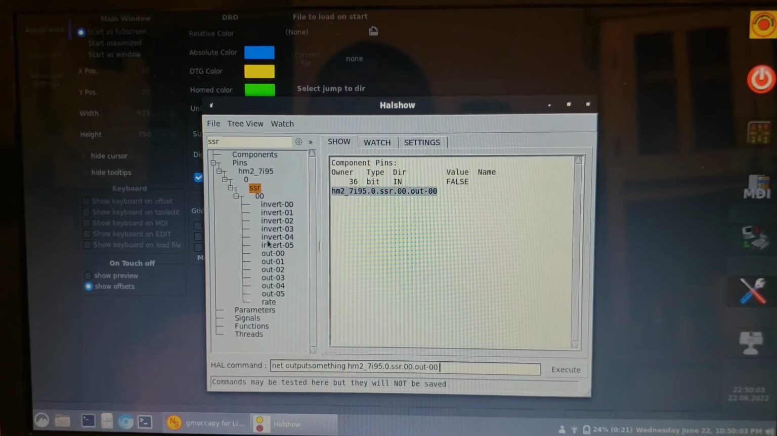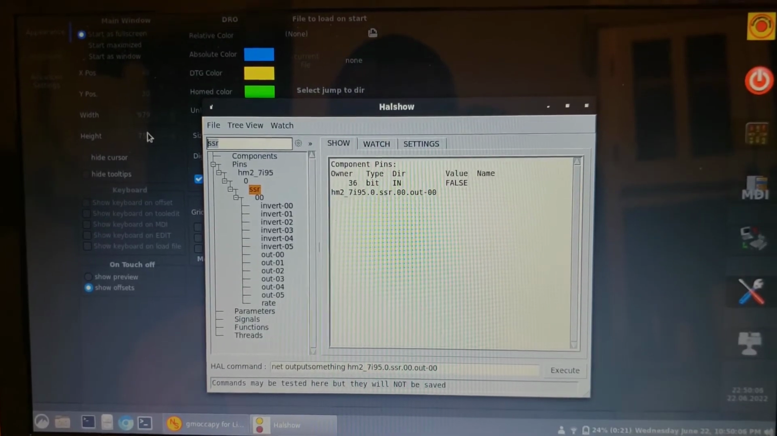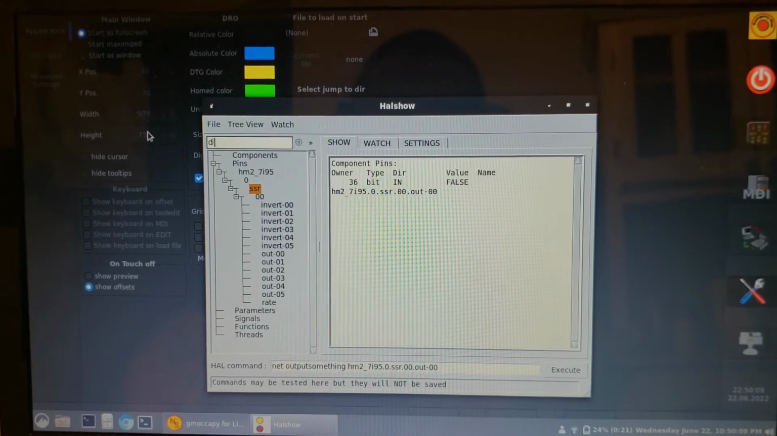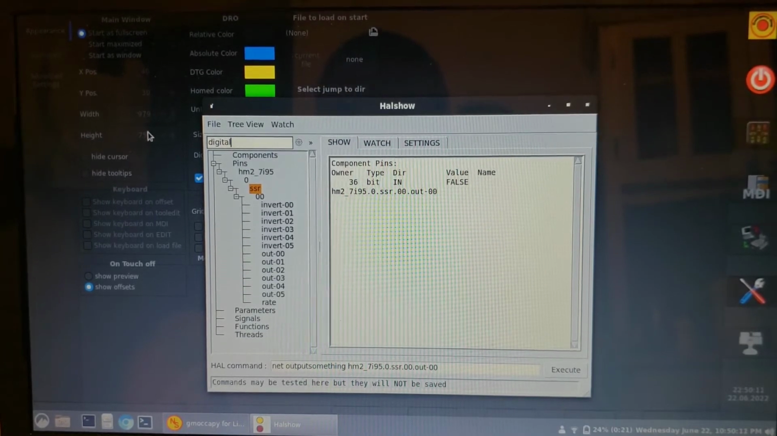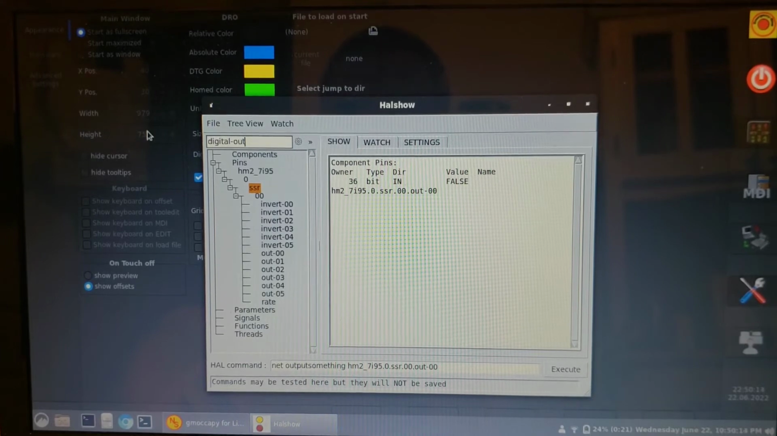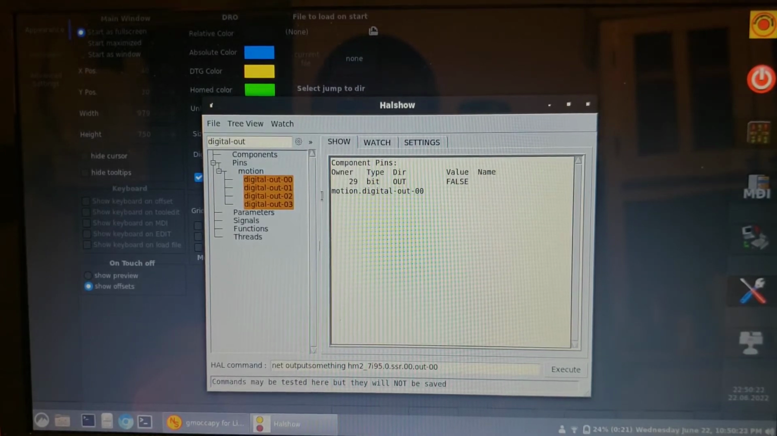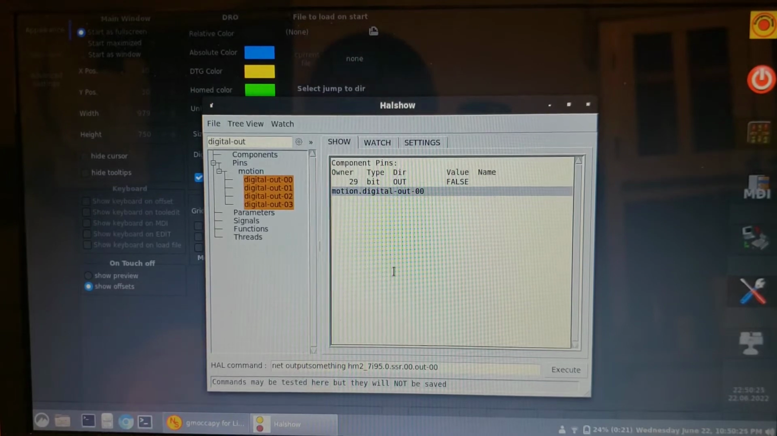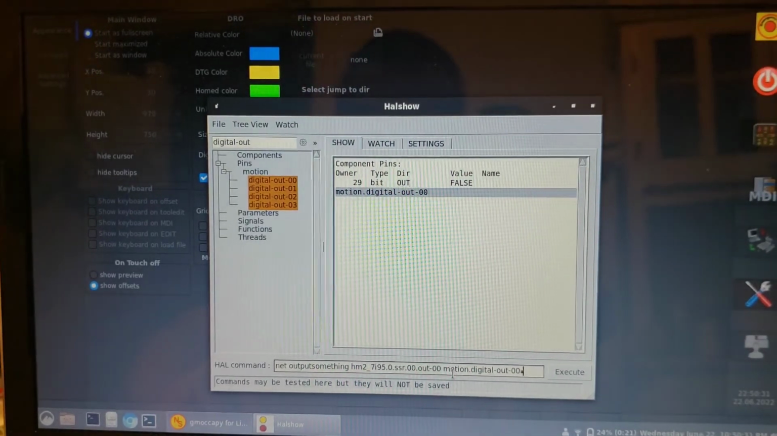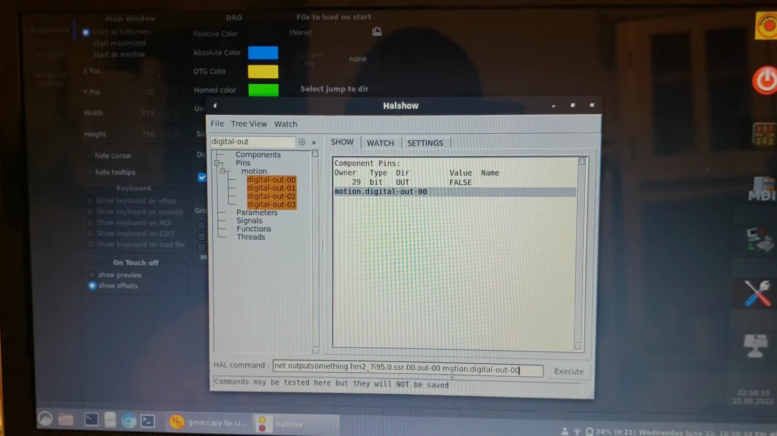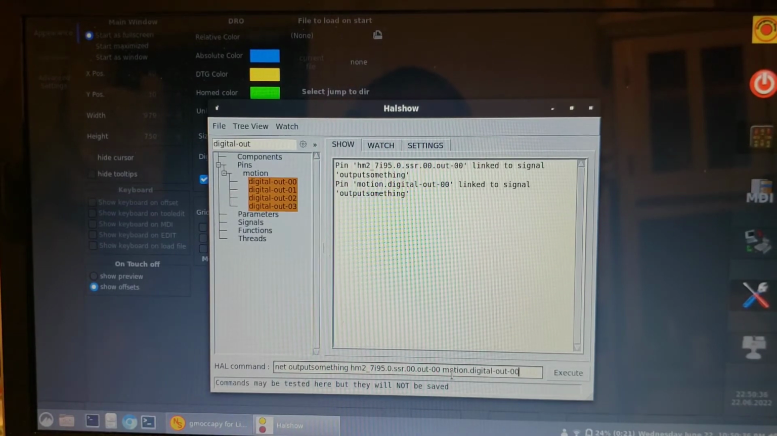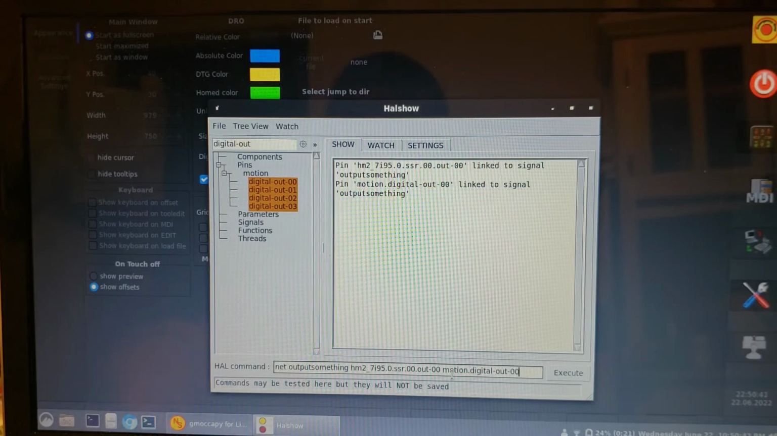And we're going to tie that into digital output, digital out. So motion digital out 0. So I'm just going to take that, I'll grab that. Control C copy. Down here, Control V paste. Get rid of the white space. Enter. And we have 7995 solid state relay output 0 linked to motion digital out 0, which means that if